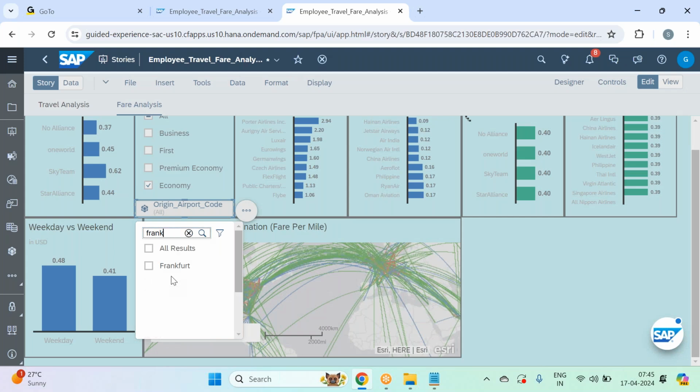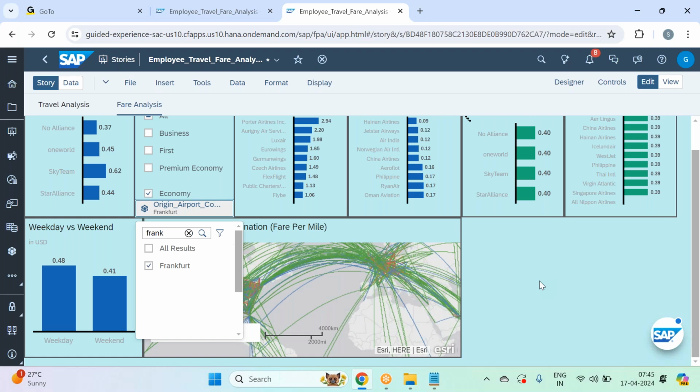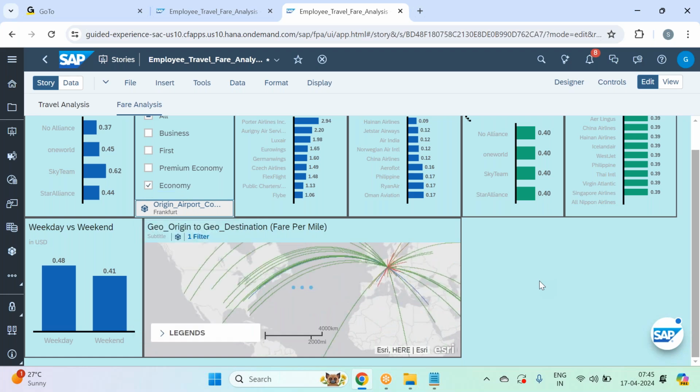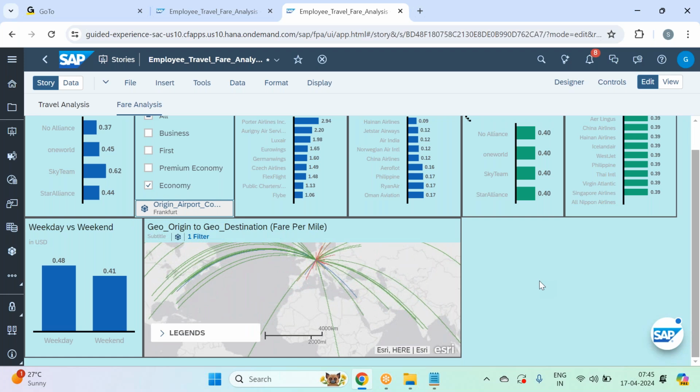I just put something like Frankfurt. So all the travels from Frankfurt and the respective, so you can see, expensive and economic routes. Okay. So it shows all expensive and economic routes from Frankfurt, and also guys in the same geomap you want